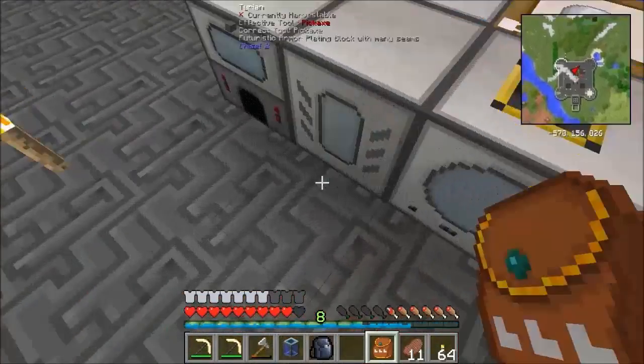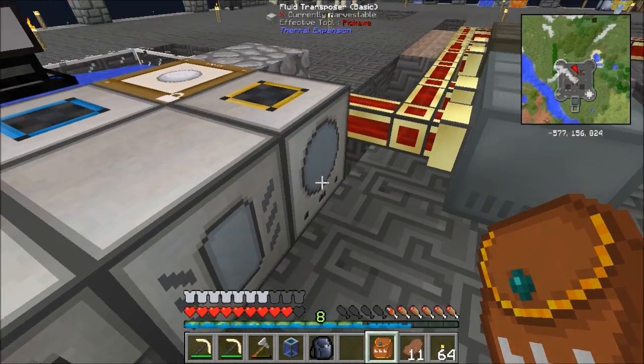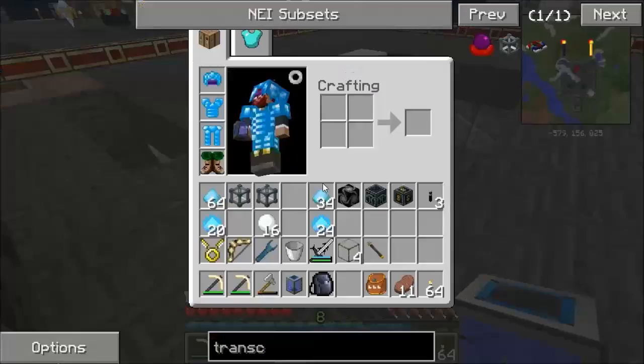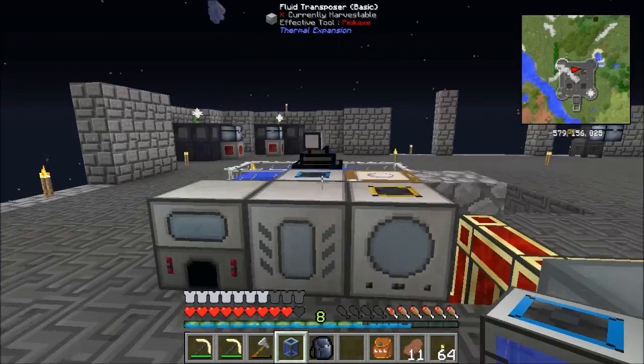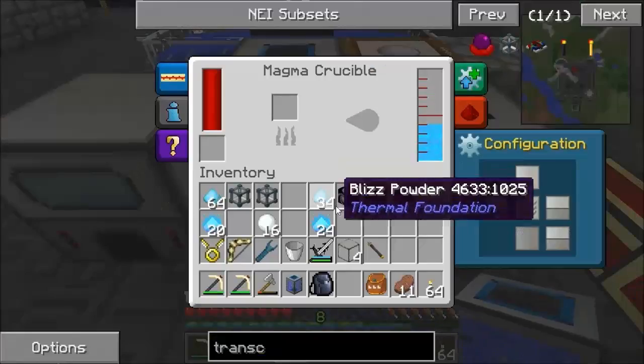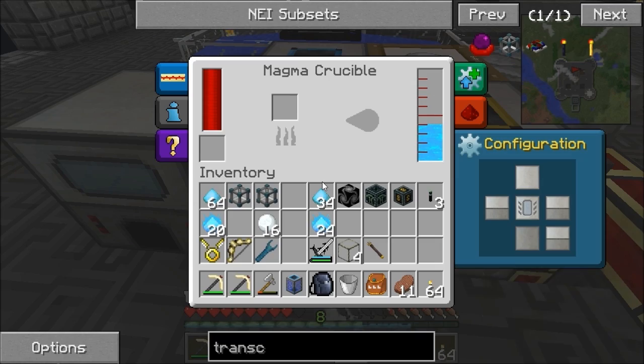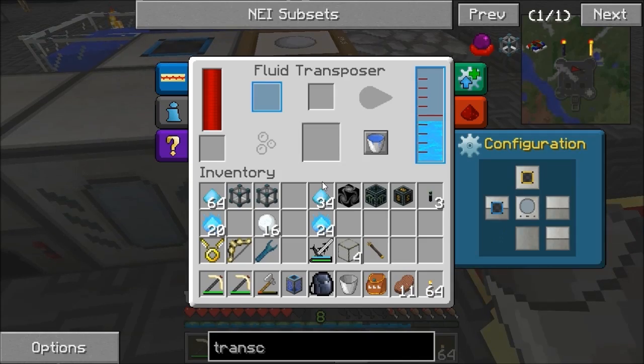Right, what I can do over here now then is, in this we have got 4 buckets worth of gelid cryotheum. I've just got an issue though. My portable tank is filled with water because I connected it to that. How am I going to get that out of there? I don't even know. Can I fill this up with buckets? Can I click on that? No, I can't. I have to put it into there,